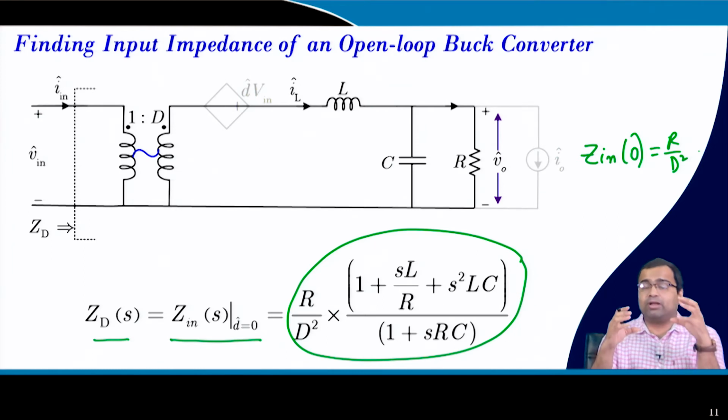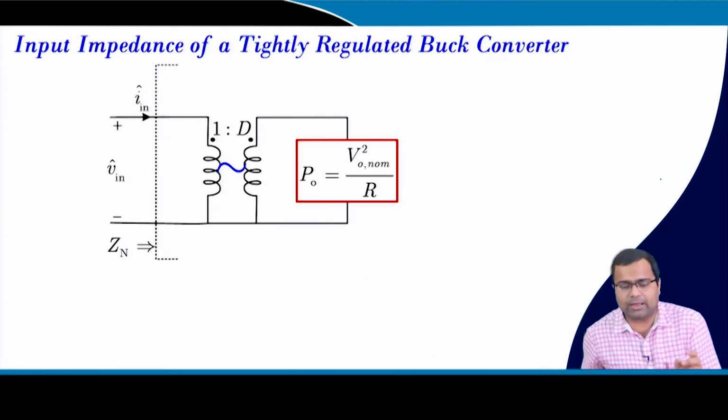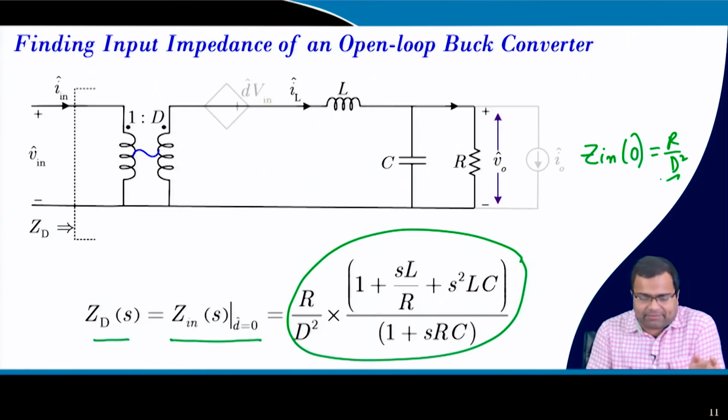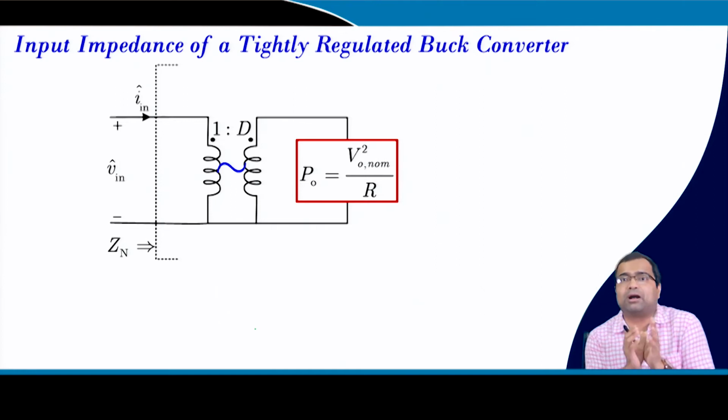And this is particularly the input impedance low frequency behavior. It is important when we consider a converter while it is connected to a PV load, solar load, we need some impedance matching. Okay. But solar is a very slow process, and so even though we have a frequency dependent term, while connecting to solar we can take the low frequency behavior, which will behave like a resistive load. Okay. Now, so we can find out this input impedance for open loop, and this we have already derived. But what will be the input impedance of a tightly regulated buck converter?